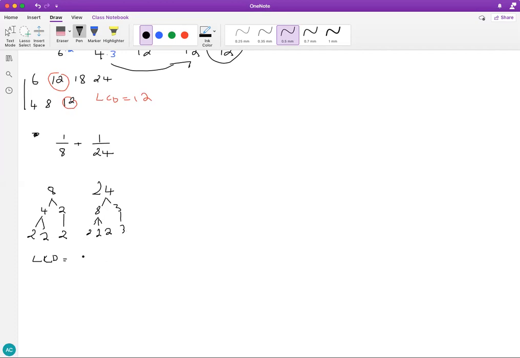So 24 is 2 times 2 times 2 times 3. Now, to make 24, we need 2, 2, 2, and 3. To make 8, we need 2, 2, and 2. We already have them here, okay? So we don't need to add any digits from here. So this makes up 24, and these 3 make up 8. That means this number here